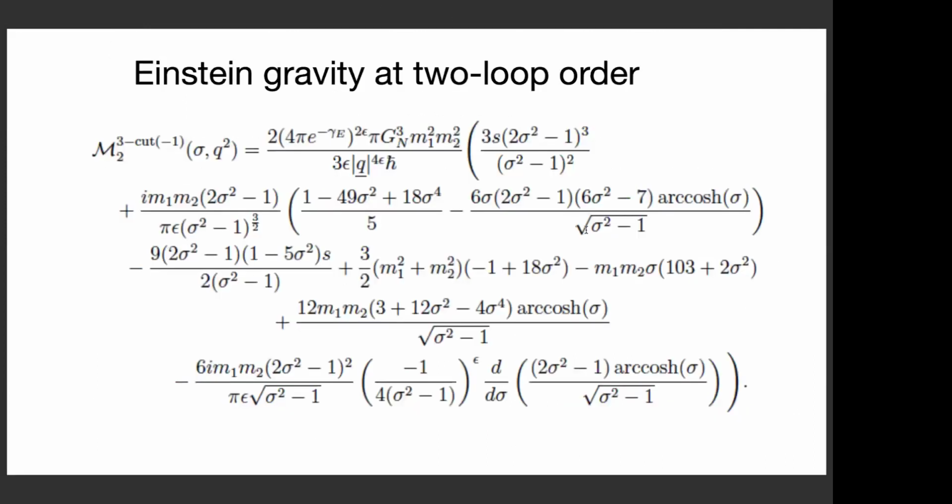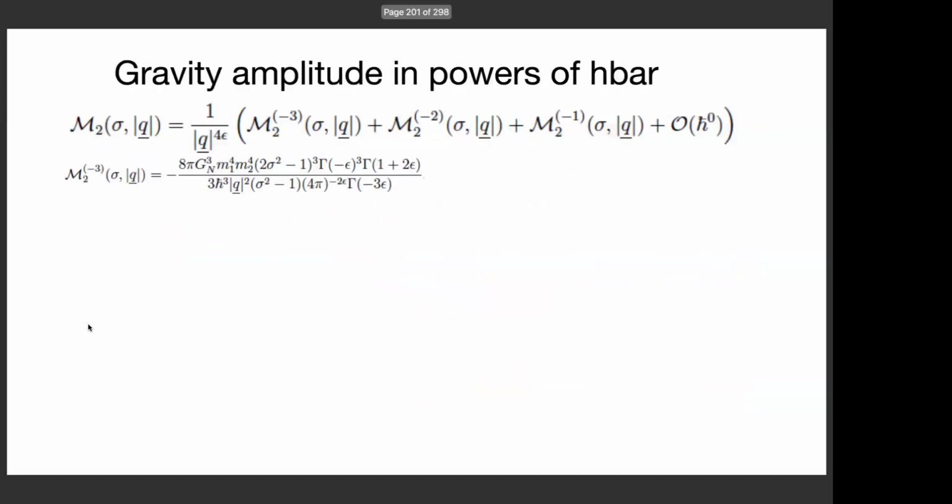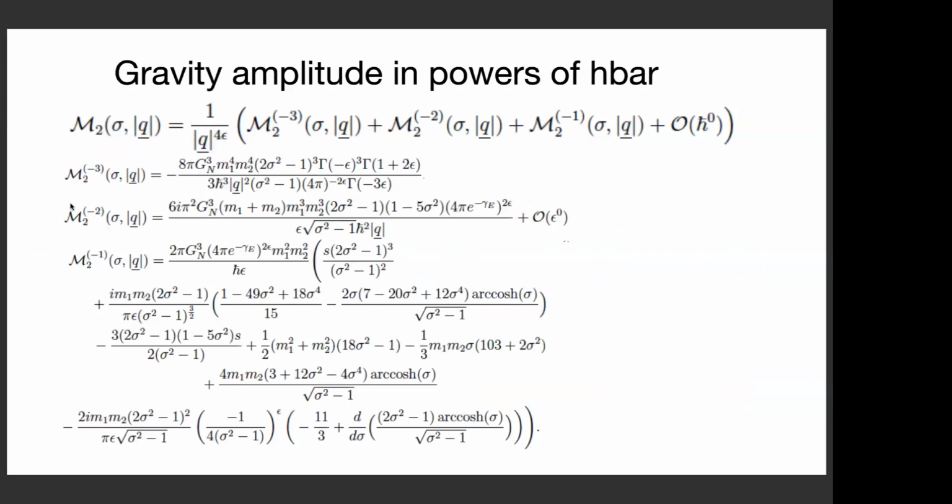So let's get back to the tree cut. In the two-loop case, we work everything out. We find that the tree-cut contribution is this horrible expression where the sigmas now denote the various relativistic factors in the problem. But we see that when we have worked out that three-particle cut, there's an imaginary contribution. So in fact, this is where it becomes important that we have this analysis of the amplitude in play. So first we take the amplitude and we expand it out in powers of h bar to derive the Lorentz expansion.